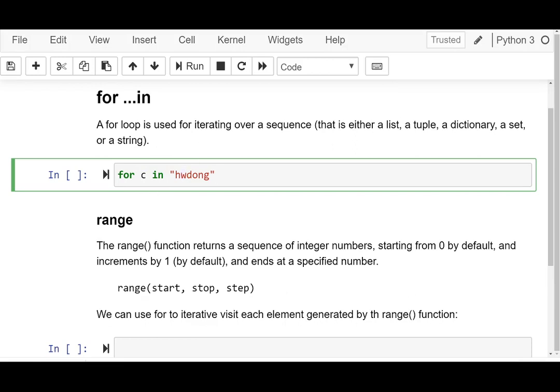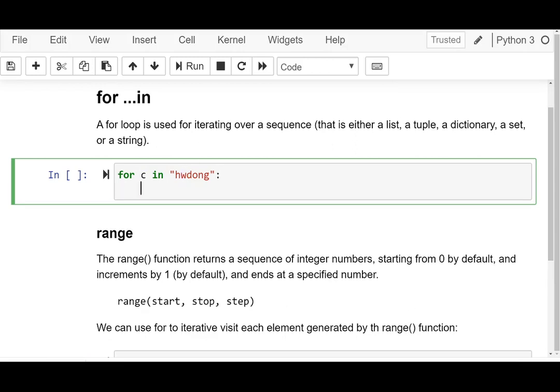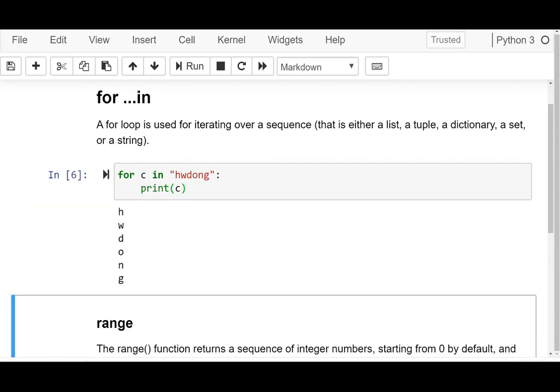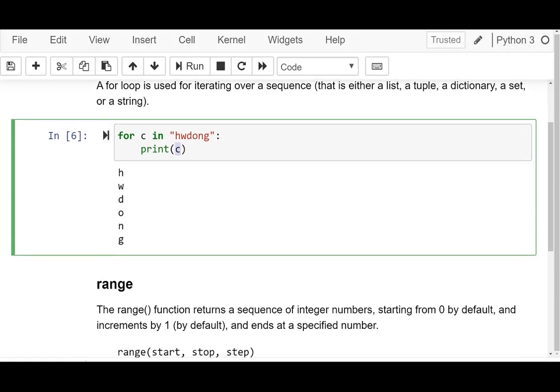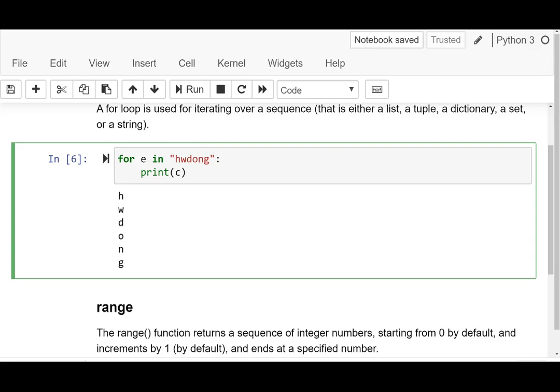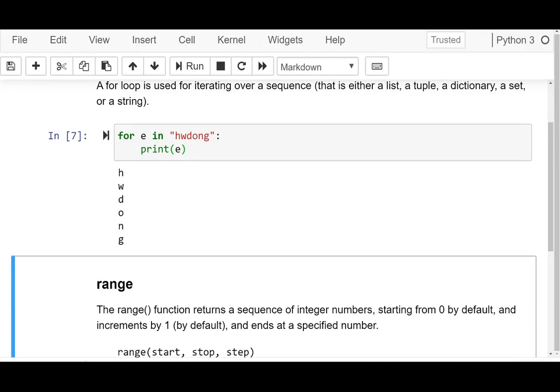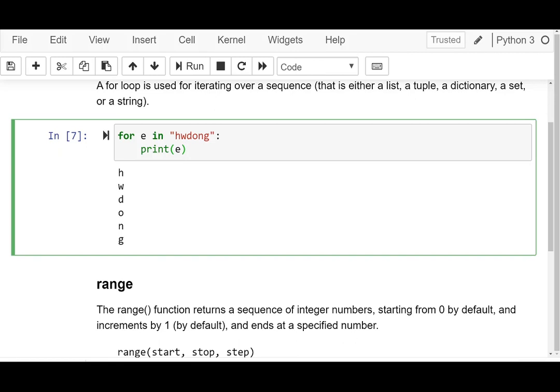When we loop through the for, the third iteration will be D. So we can print, that means for each element C of the sequence, we print the element C. The print function prints every item, then